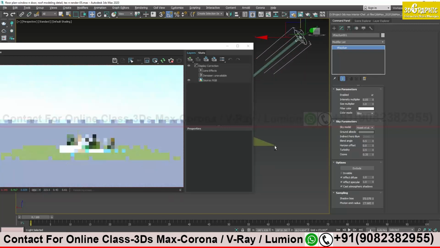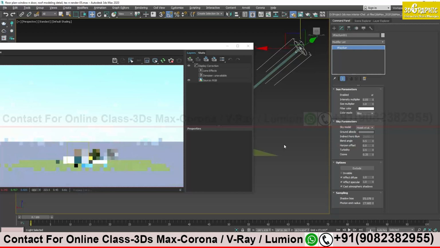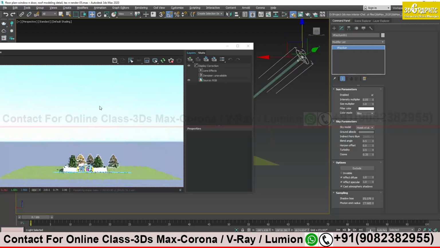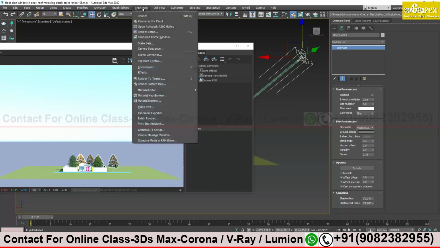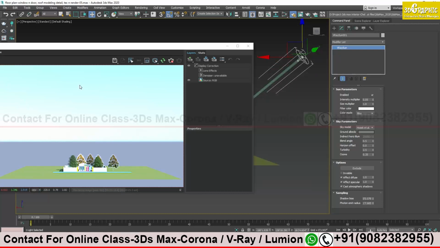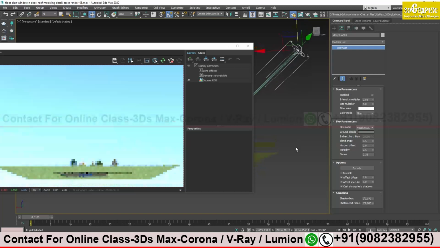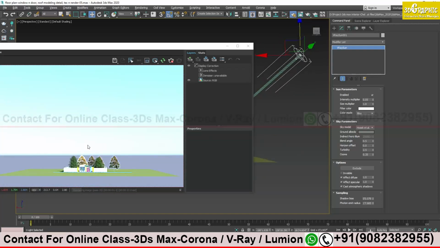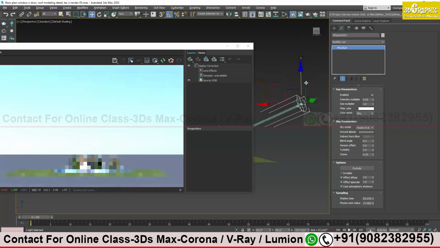Let me see if I can see the environment. Okay, let me move my camera so that I can see the sky. Remember here we are on the rendering environment, this one. Default V-Ray sky. When I use the sun, it is asking whether you want V-Ray sky or not. So this is the sky. You see the background. The blue color sky, and this is the horizon that is seen over here. See, it changes.